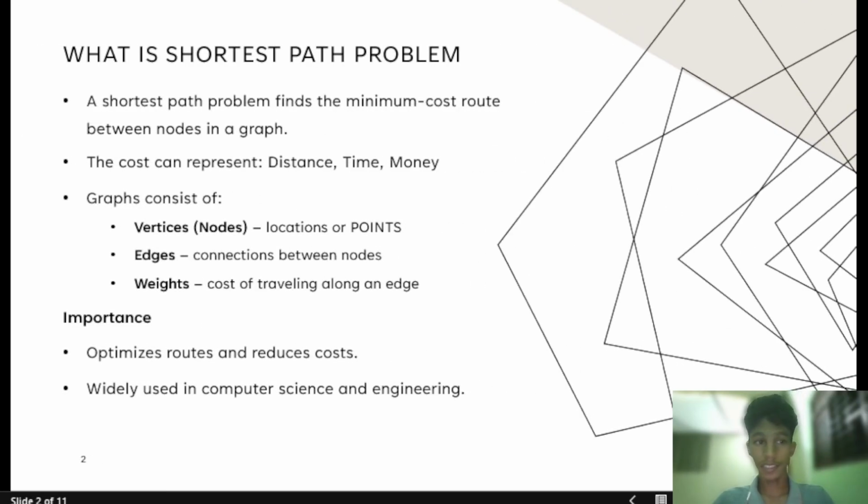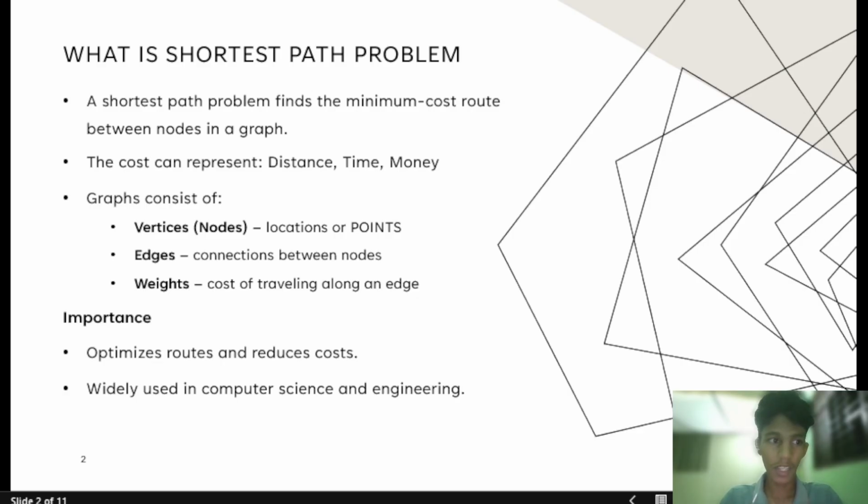Before we discuss the single destination shortest path problem, let's first understand what a shortest path problem is. A shortest path problem is about finding the path with the lowest total cost between nodes in a graph. The cost can represent different things depending on the application. For example, it could be the shortest distance, the least travel time, the lowest fuel consumption, or even the fastest